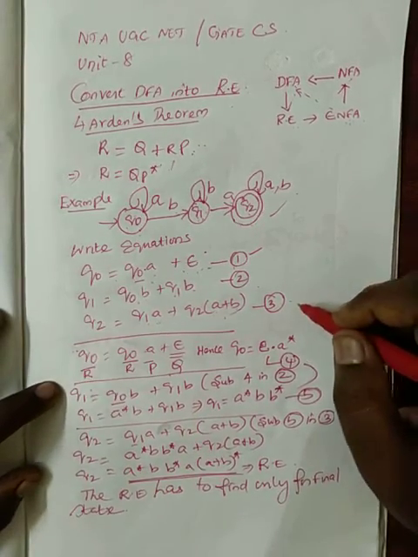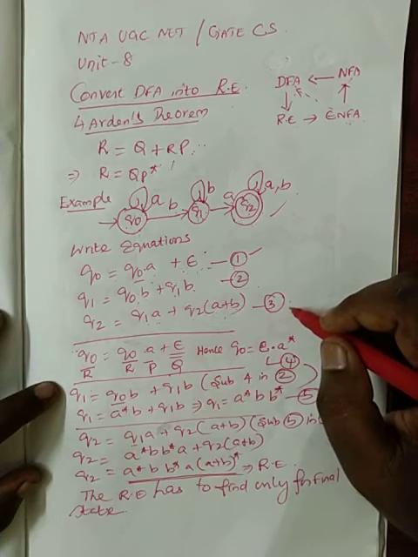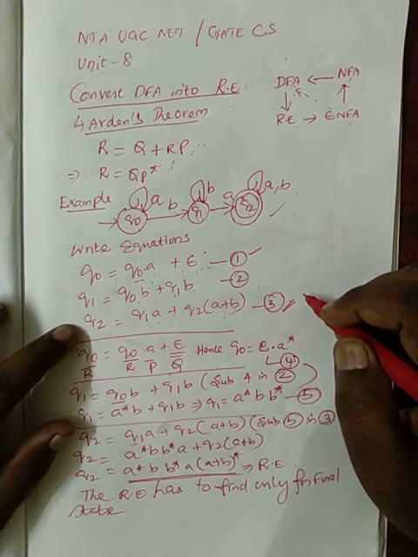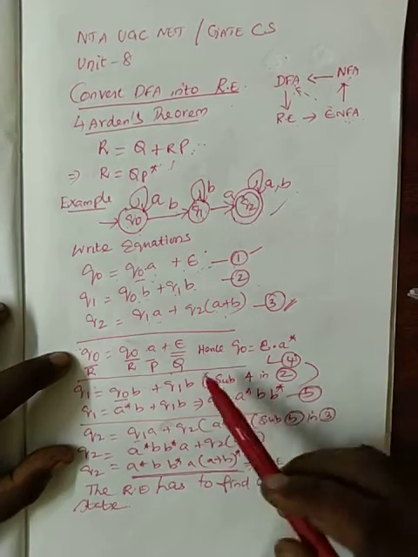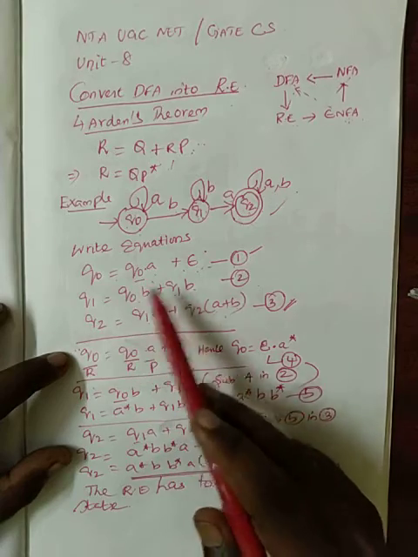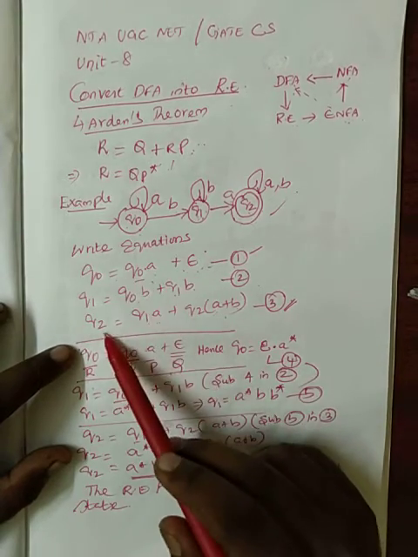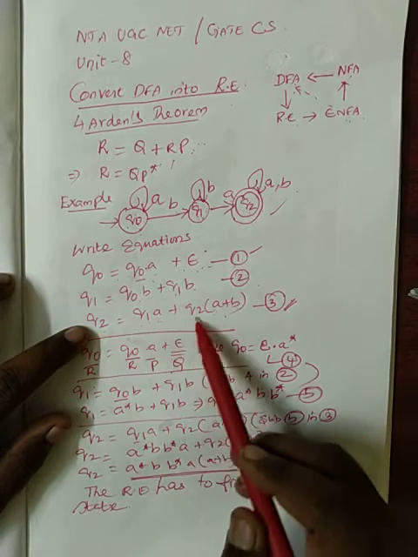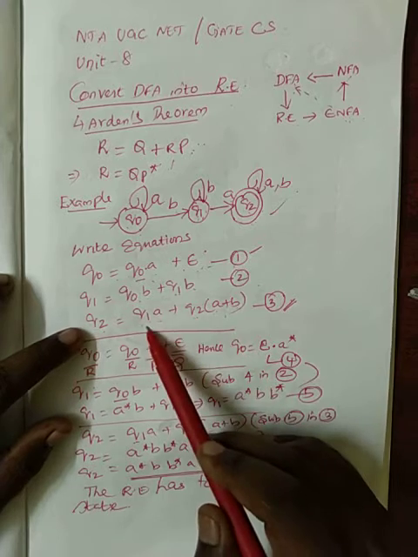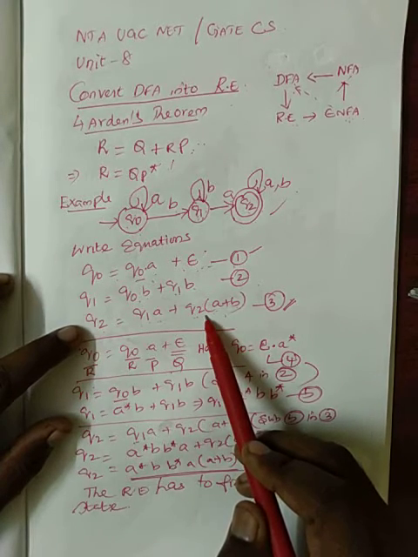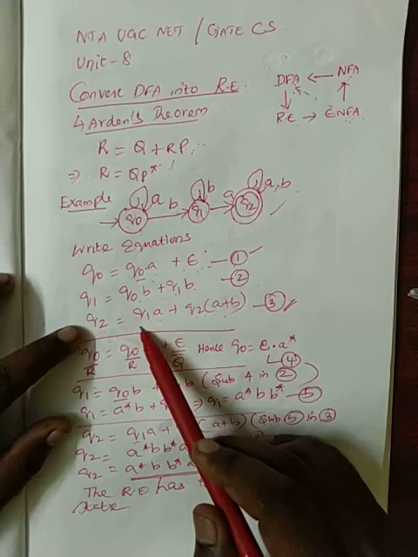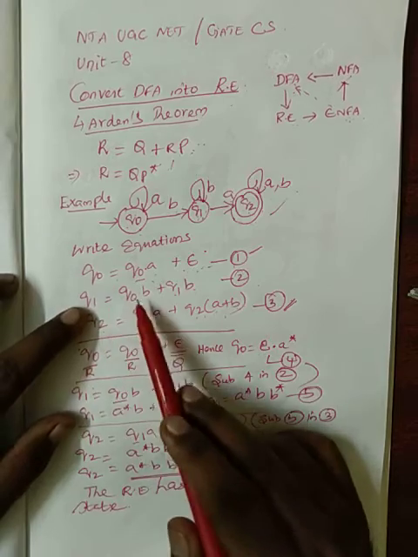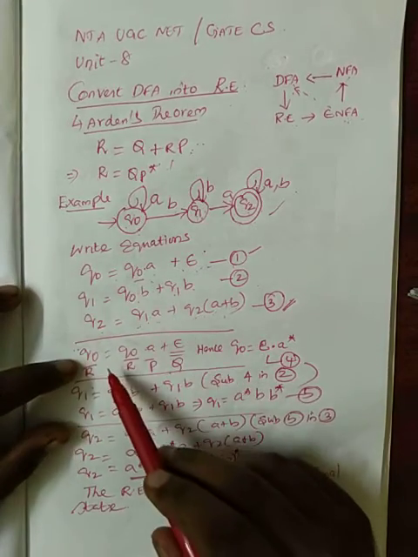Now what do we want to find out? A regular expression. For the output state equation alone, writing a regular expression is sufficient. So here I am solving all these equations. Our task is to find the regular expression for Q2. For that it has Q1 as well as Q2. Q2 we can carry, but Q1 we want to substitute by means of a regular expression. For Q1 we need Q0, so I want to solve it first.